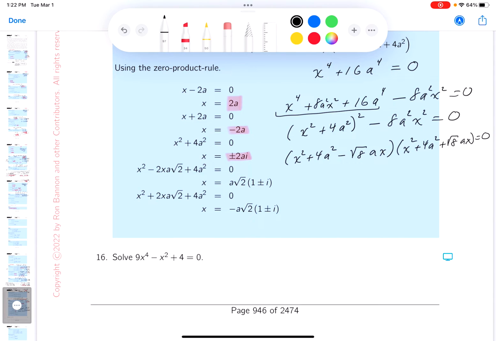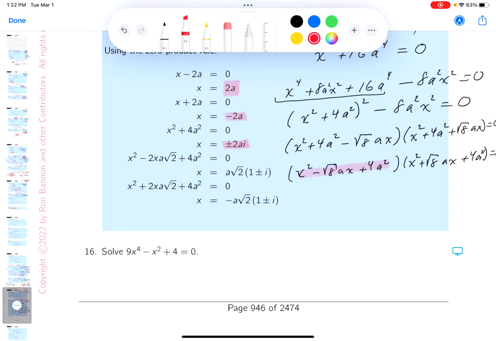Let's keep moving. We get x squared minus root 8 ax plus 4a squared, and x squared plus root 8 ax plus 4a squared. Well, it is work, and I need to get this solved. They're quadratic in form, and it gives a quadratic formula. So what do you get? x equals,